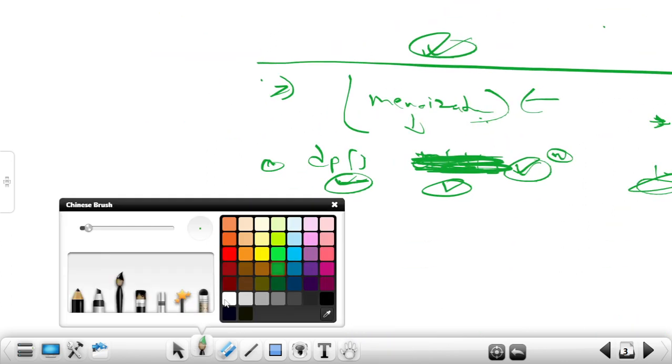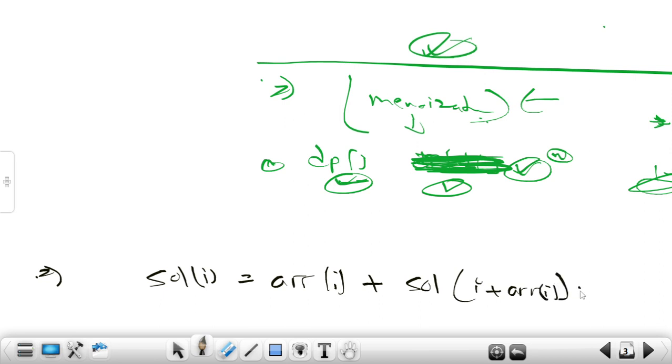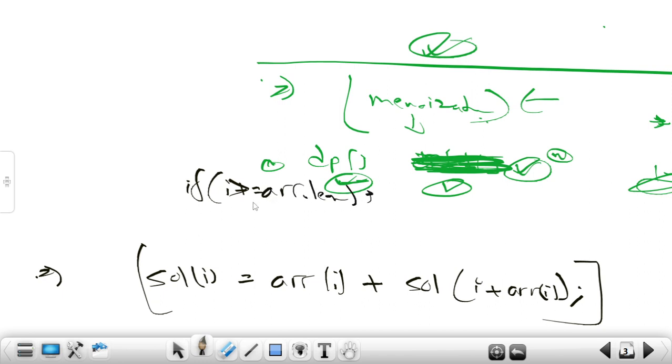Now the recursive relation will be something like solution of I. You can relate with what I have explained you. Okay, solution of I is going to be array of I plus solution of I plus array of I, isn't it? This is what I have done. Okay, so this is the recursive relation that we have along with the base condition: if I is greater than or equal to array dot length, in that case it is the case when I have array index out of bound, so I will